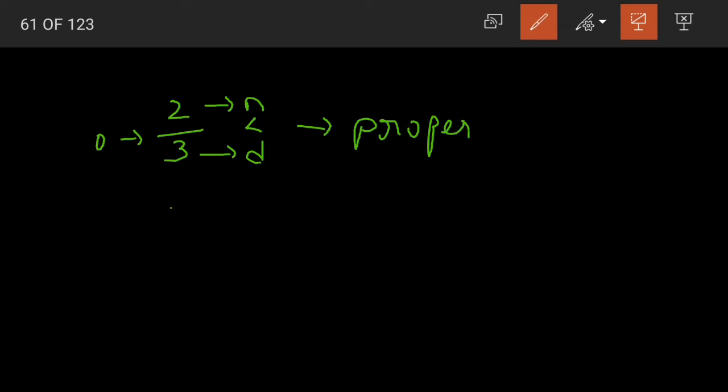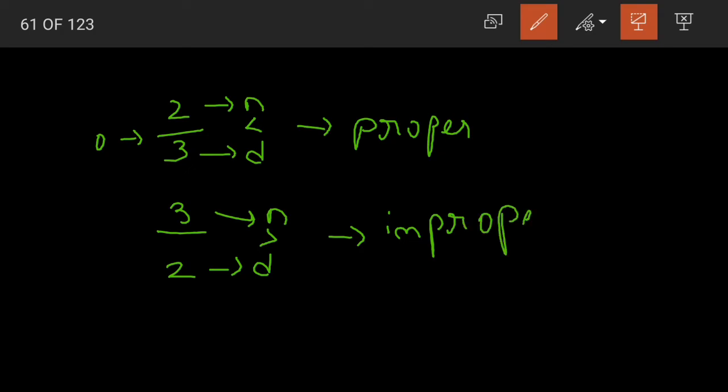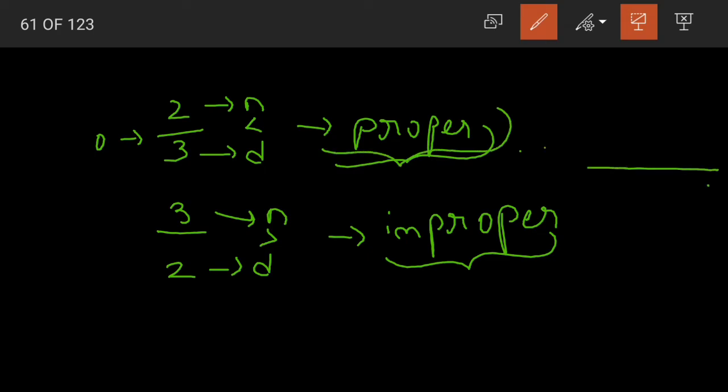Now when we say the reciprocal, 3 is the numerator and 2 becomes the denominator. Yes, here the numerator is greater than the denominator. So what will we call such fractions? We call them improper fractions. So the reciprocal of a proper fraction will be an improper fraction, children. This is also an important point that you have to remember. Or else when they ask you the question, the reciprocal of a proper fraction will be dash.